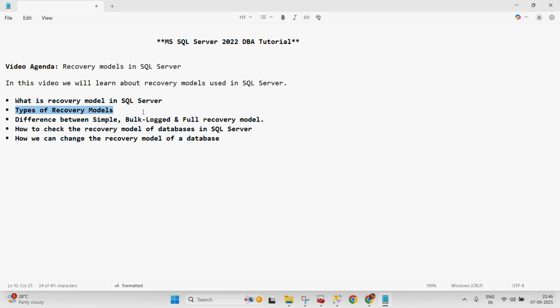There are certain advantages of using the simple recovery model, because it is very simple to manage and uses minimal disk space, and in this recovery model the transaction logs are automatically truncated. Okay,